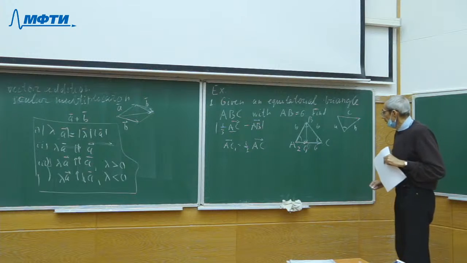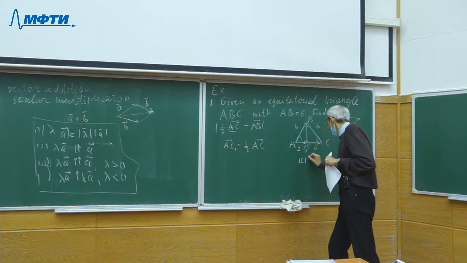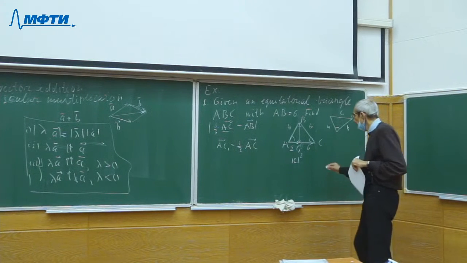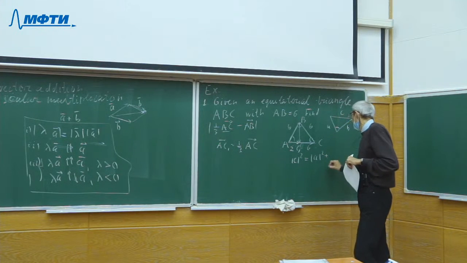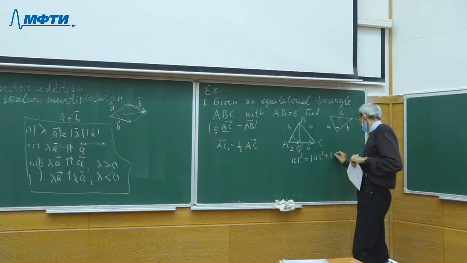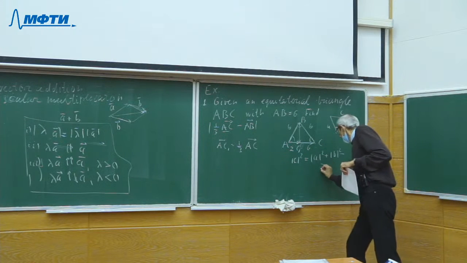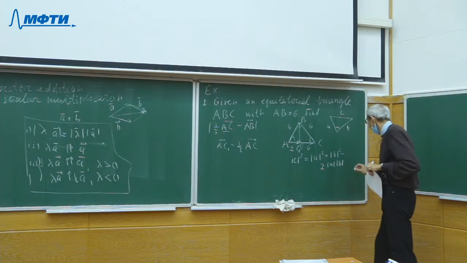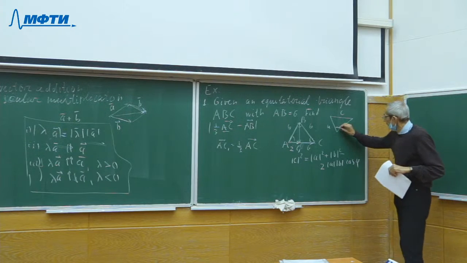The cosine theorem asserts that the square of the length of the third side is equal to the sum of squares of the lengths of the first two sides A and B minus twice the product of the lengths of the sides times the cosine of the angle between the sides,